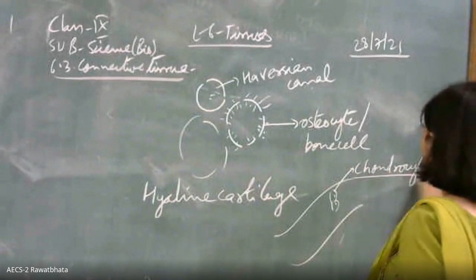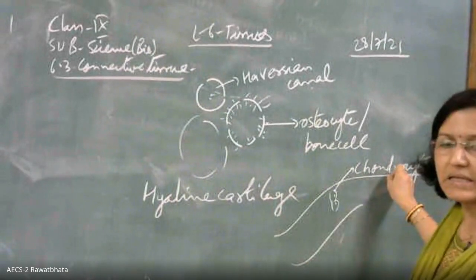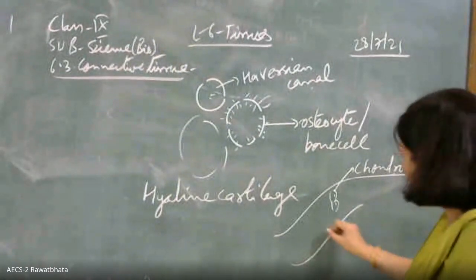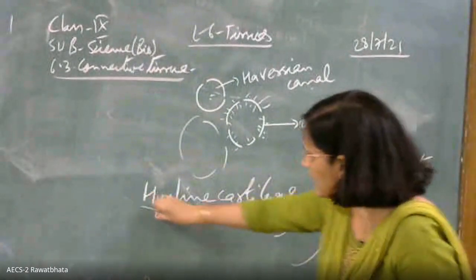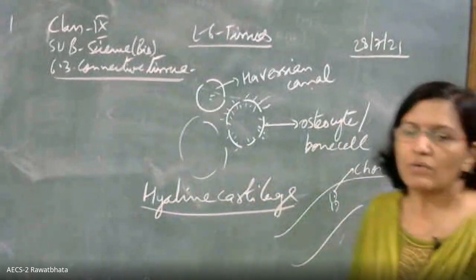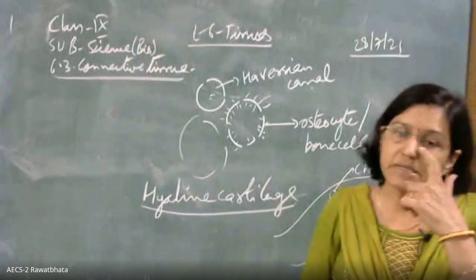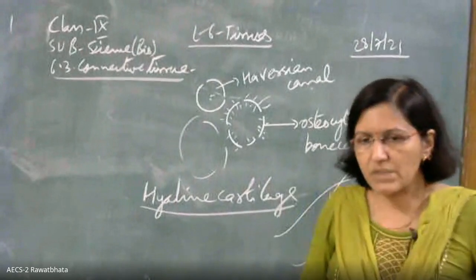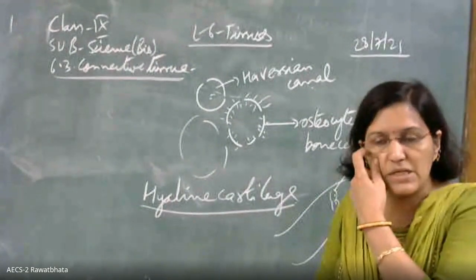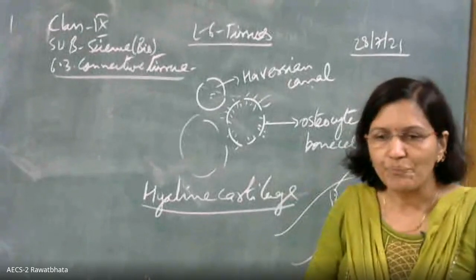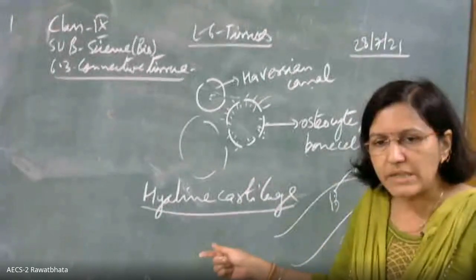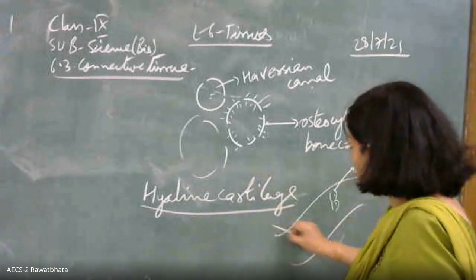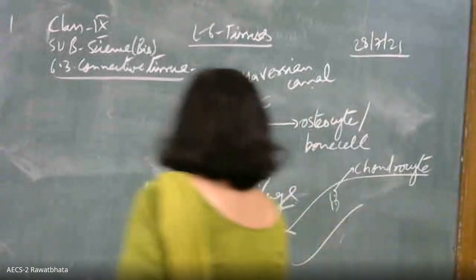Chondrocyte. This chondrocyte is basically the cells of cartilage. And the matrix, because this cartilage is hyaline cartilage, once you go for further studies in biology, you will realize there are more than one type of cartilage. This cartilage is present in maximum places, so in our book it's been labeled so. The name of the cartilage indicates the name of the matrix. So here, of course, the matrix that is present is also